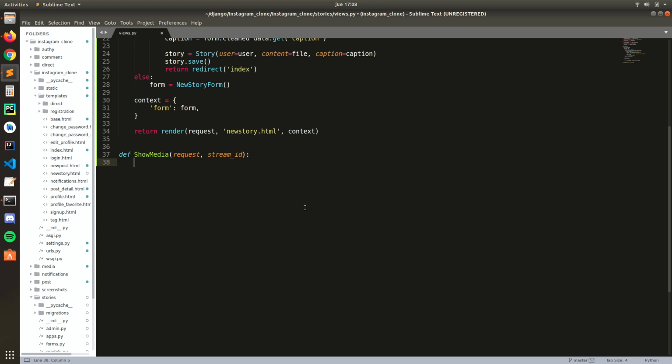Okay. So let's get the stories. Stories will be equal to story string dot objects dot get ID as string ID. Right? So media, you can just put media. I would just want to name my media SD, right? Media stories or media SD. So stories